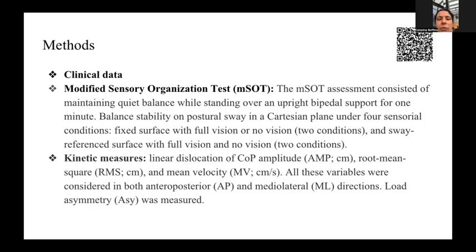We assess kinetic measures about linear dysfunction in COP, that is center of pressure. We use amplitude, mean velocity, and root mean square to assess the quiet stance control for the